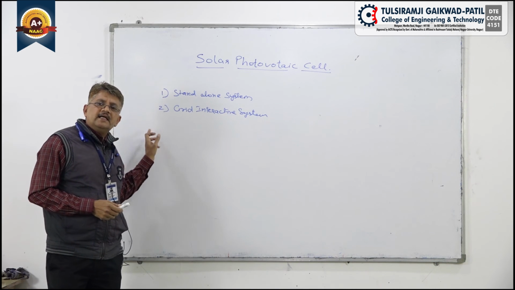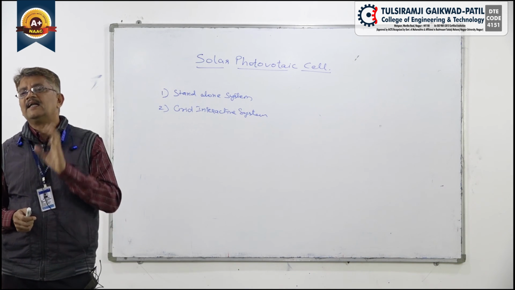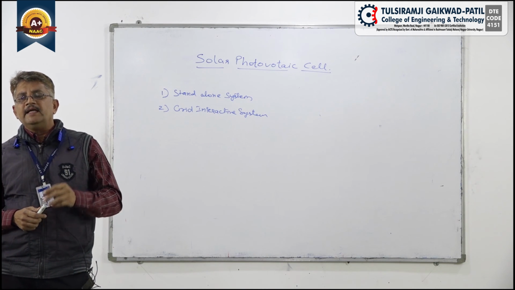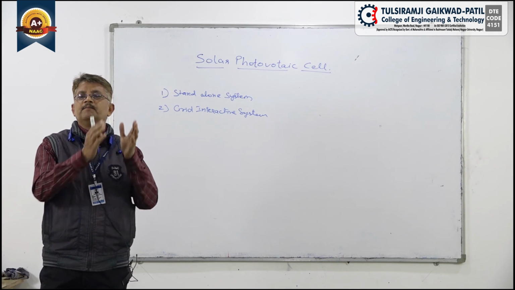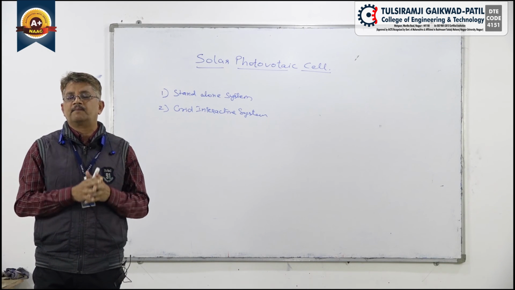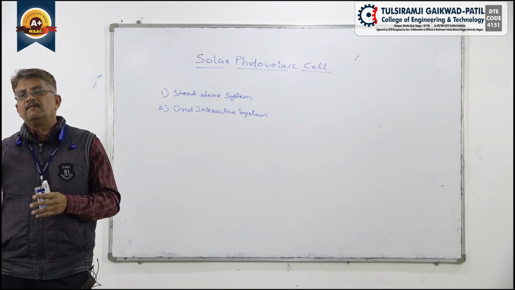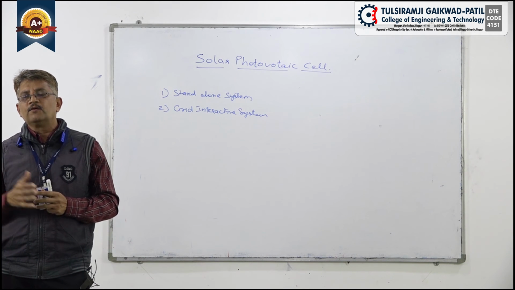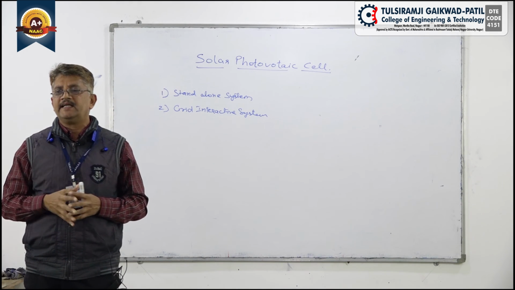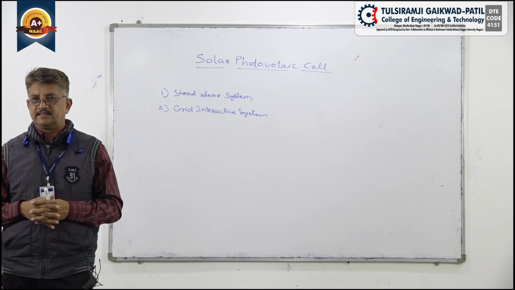But when we consider the different subsystems, either standalone or grid interactive, in the case of standalone we have a first major component, which we call the solar panel. Then there will be a DC to DC converter. Then of course, all our loads are AC loads, so we have to consider some conversion there, and for that we are considering an inverter, which converts the input DC signal into its equivalent AC signal.